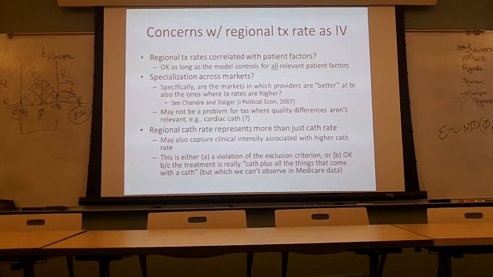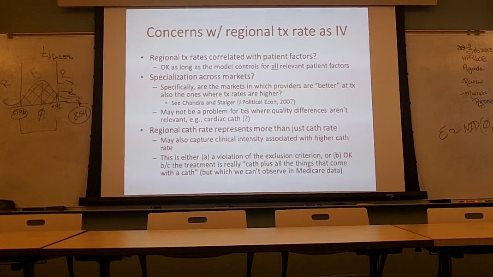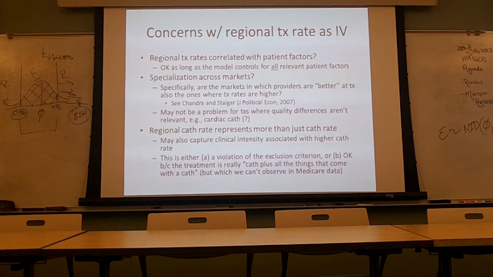One is, are the regional treatment rates correlated with patient factors? Well, if they're correlated with patient factors that you're controlling for, not a problem, because you're purging the instrument of that influence. You're isolating the unique variation, but that instrument is still explaining whether you got cath conditional on X's